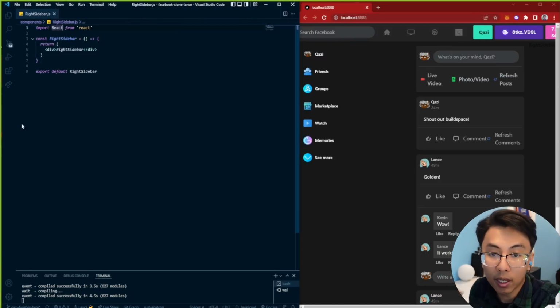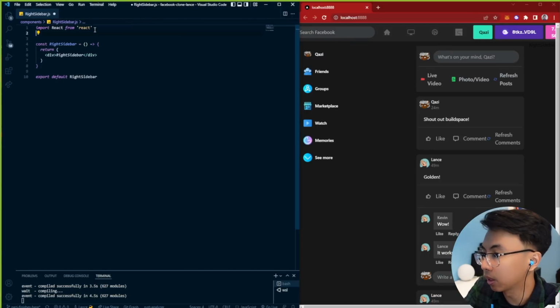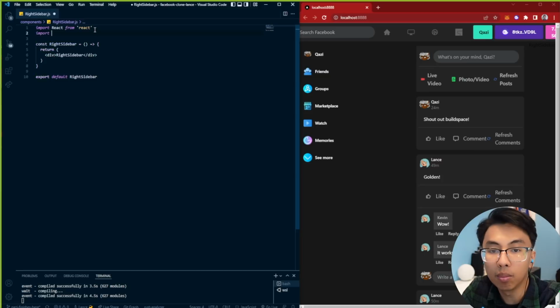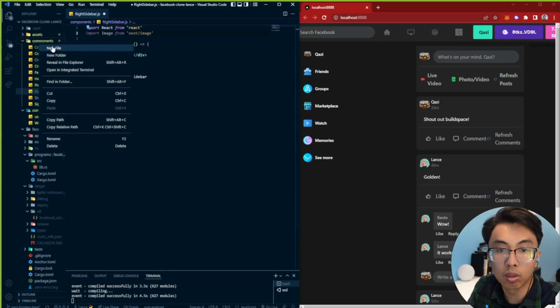All right, so we'll be working on the right sidebar now. And one of the first things that I'll do is get my import stuff ready. So I'm going to get import image, next image, import. So there's going to be another component here, and it's going to be called contact. And before I can actually import it, I need to create it. So I'm just going to go to components, new file,